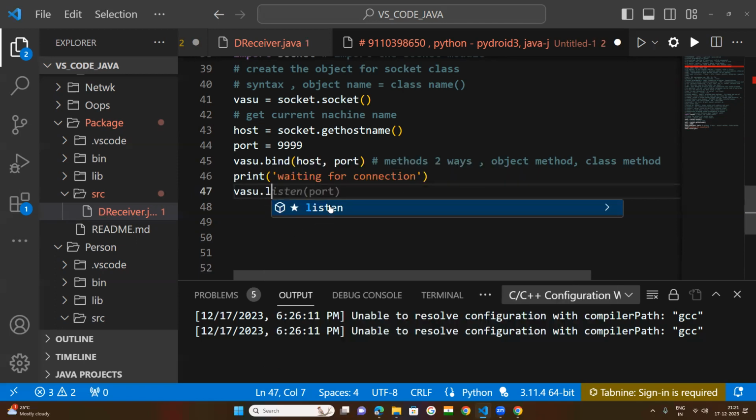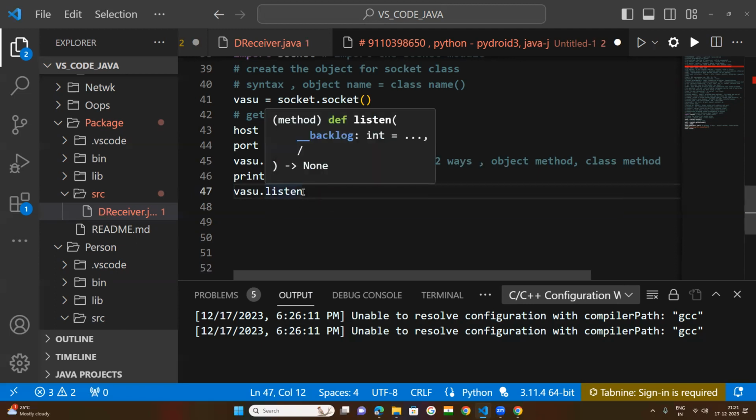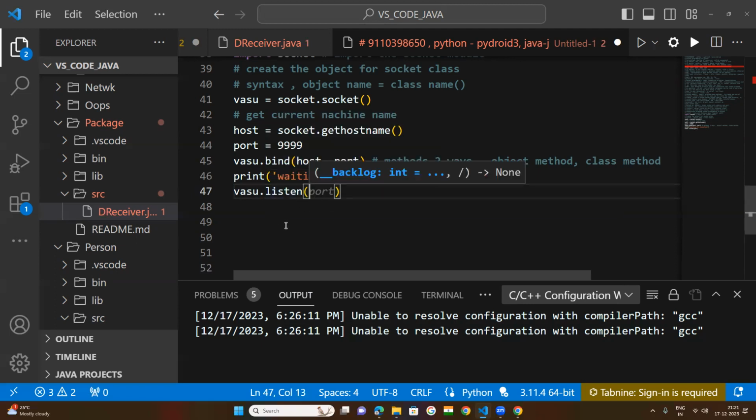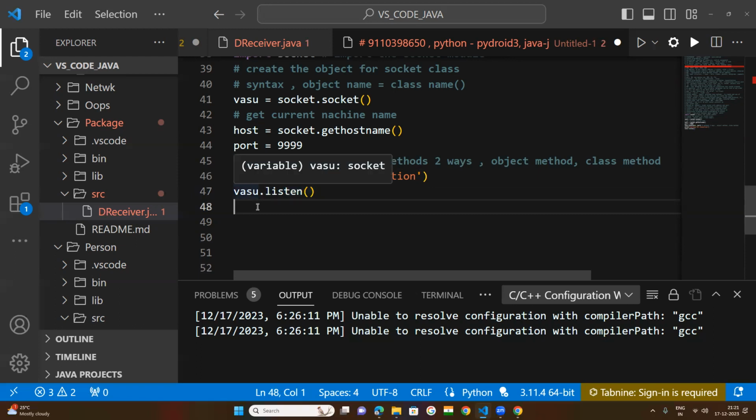So listen, this method. Always a method will be terminated, suffixed with the brackets. Now you want to access this listen method with the object of your class, socket class, part of your socket module. Now, within this listen method,